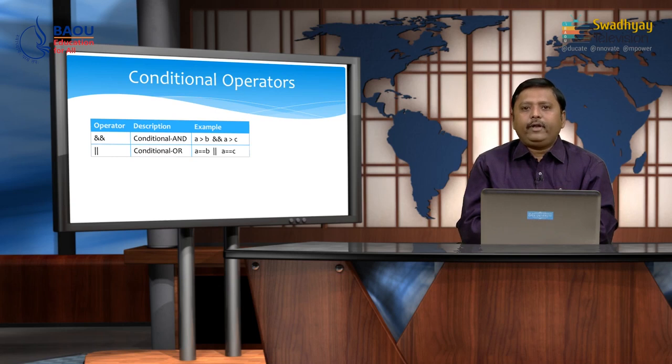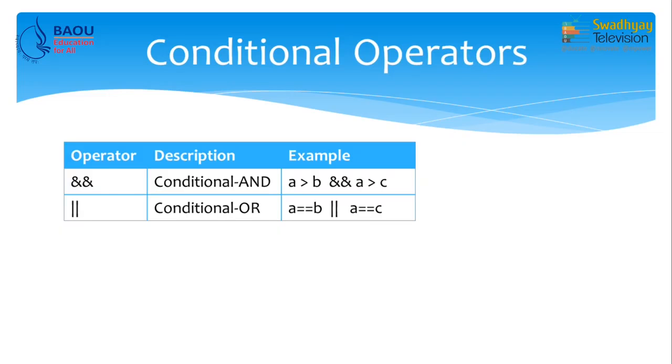Now, in a program we need to concatenate more than one condition. To perform this kind of operation, we have conditional operators or logical operators. The first operator is called the AND operator or conditional AND operator, and for that we have two ampersand signs, and you can see an example on screen. Suppose we have three variables A, B and C, and we want to check whether A is maximum.